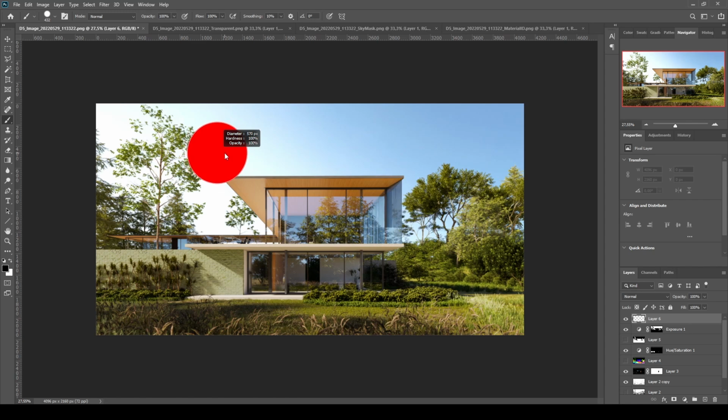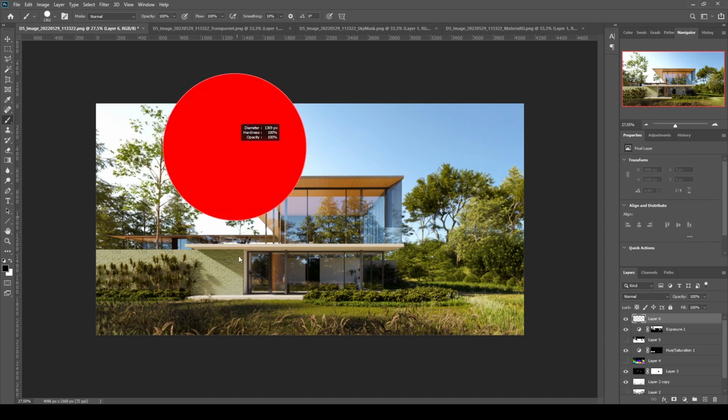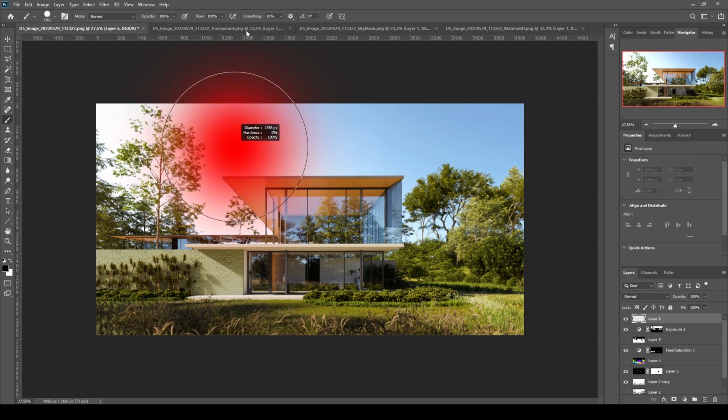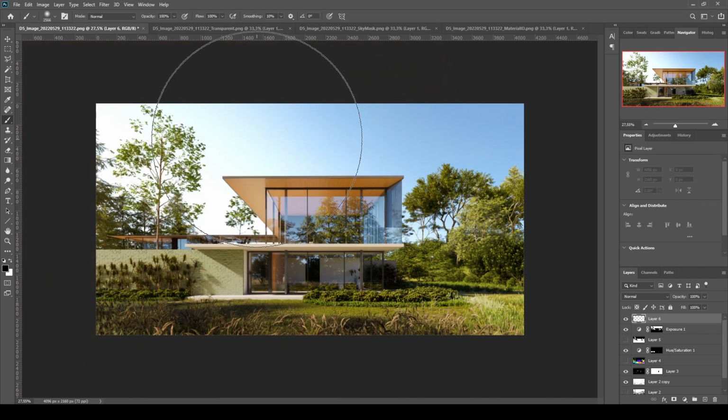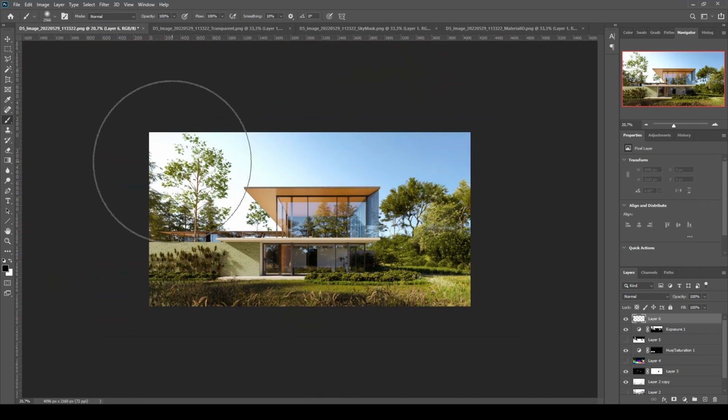And if you Alt right click from the keyboard, you can change the size and also the hardness, like so. And first, let's pick up a color. Let's hit Alt and click this color.